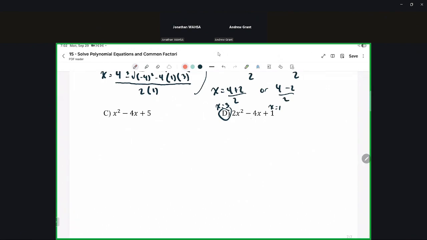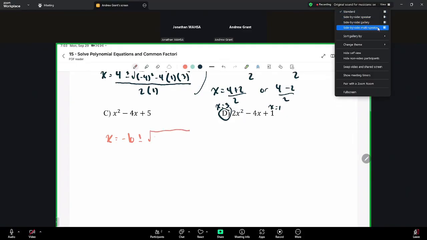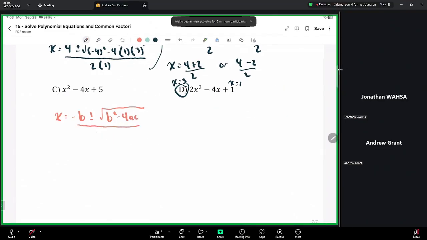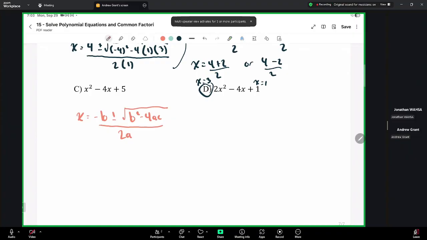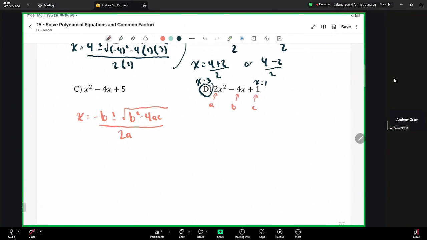Namely, if we had something like, say, 2x squared minus 4x plus 1, we know that x will be equal to negative b plus or minus the square root of b squared minus 4ac over top of 2a. Now, in this case, we were told that a will be 2, b will be negative 4, and c will be 1. So consequently, we will end up with x is equal to